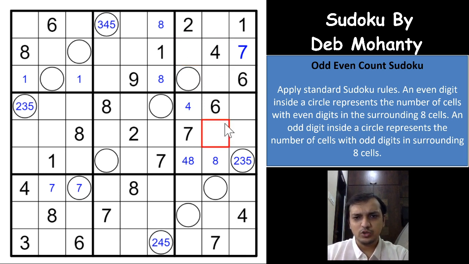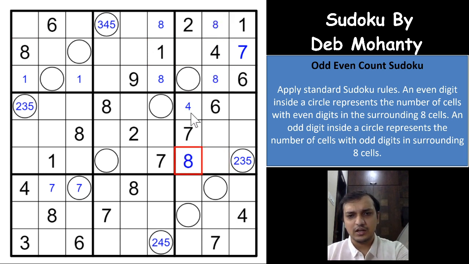there are already 2 even numbers surrounding these 8 cells, and you need to have all 8 even numbers, but you already have one odd number, right? So if you have an 8 here, all the cells here, all 8 cells need to be even, but you already have one odd digit here, which means 8 cannot be here. 8 cannot be here as well, which means 8 has to be in one of these two cells. That eliminates the 8 from here. You get an 8 here and a 4 here.